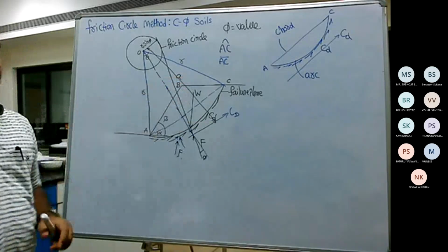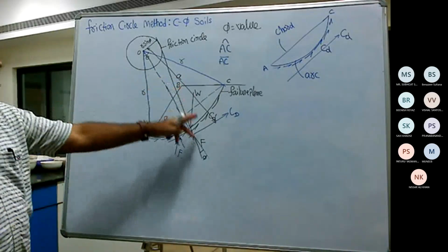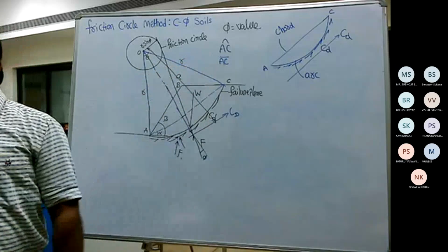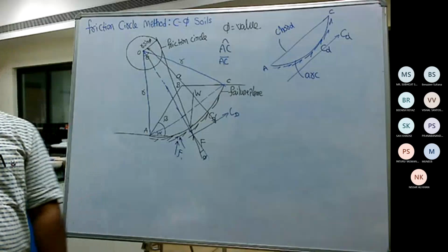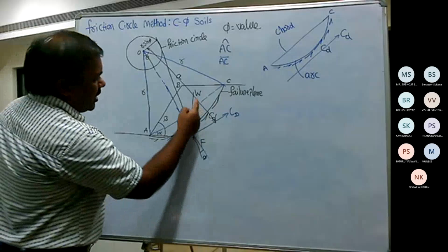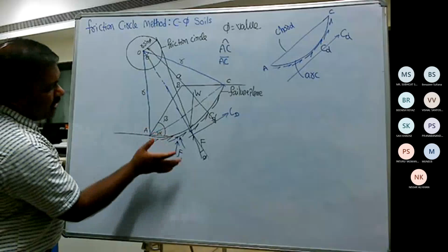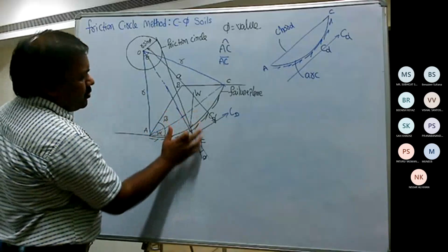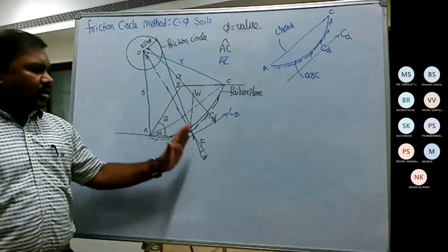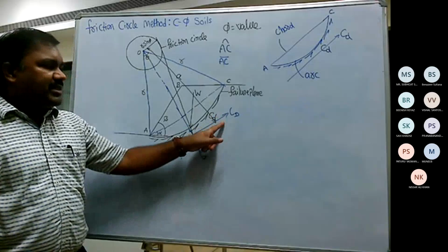Okay, so here A is unknown, but A is simplified in the form of the arc length or the chord length. That is one concept. Second thing, if you look into the forces which are acting, another assumption is there is a concurrence of the forces W, F and CD.